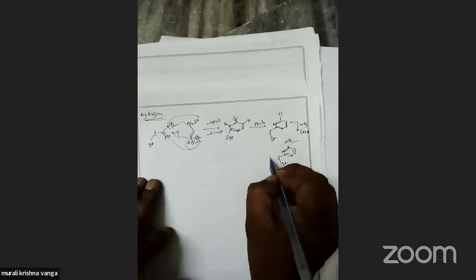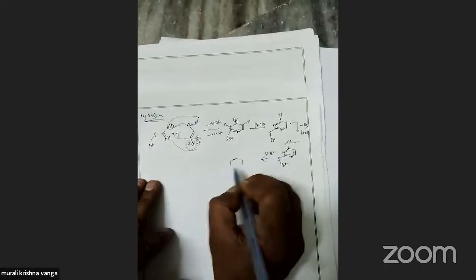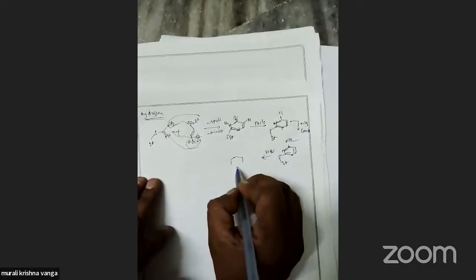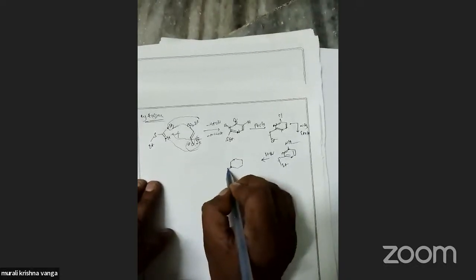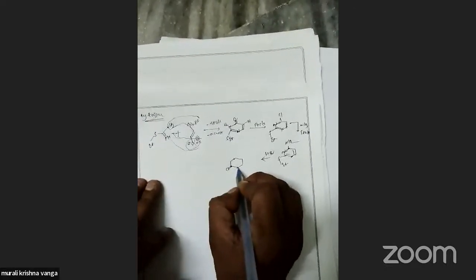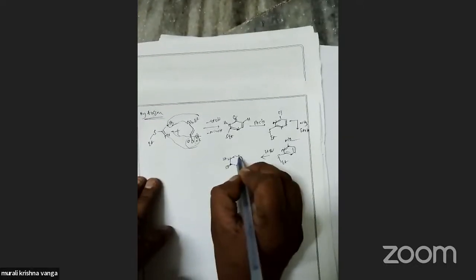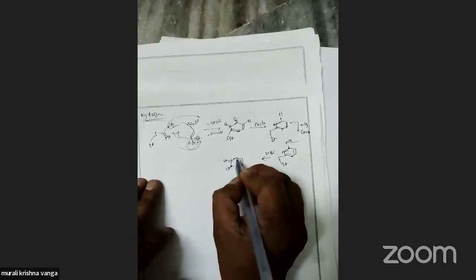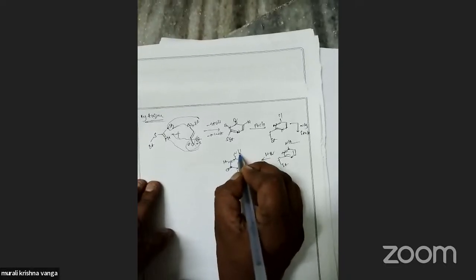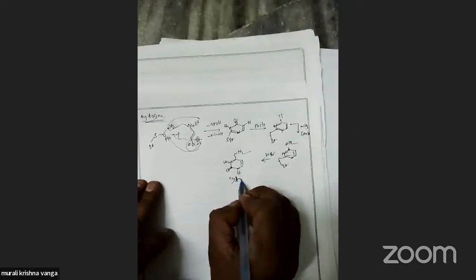S-ethyl. It is reacting with HBr, then produces cytosine. Cytosine will be the product formed. Next one is